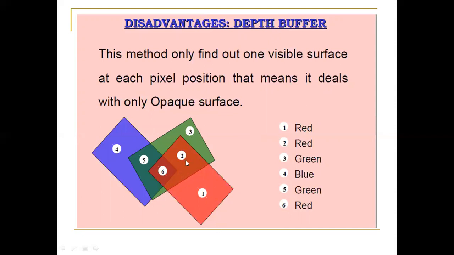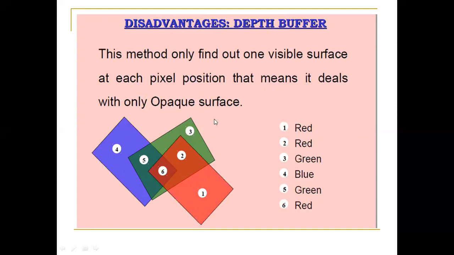So the first part is visible, the next part will be hidden. If at all it is transparent, what should happen, right? So the green color should be displayed here. If I take it as a transparent surface, then this part should be red color, and this part which is overlapping with green color, if it is transparent, then I should have green color here, right? Then again here, since it is transparent, again I should have a blue color here, like that. So the depth buffer algorithm cannot work for a transparent surface; it works only for opaque surfaces.